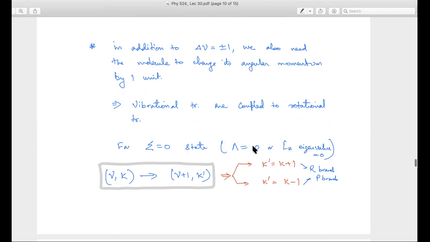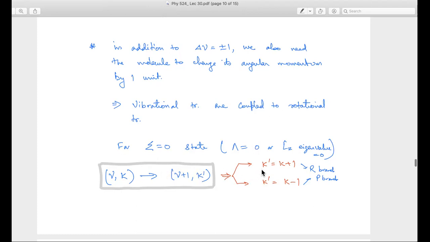And I do a transition from nu k to nu plus 1 k prime, basically. Then, of course, nu and nu plus 1 have to be connected by plus minus 1. So this is fixed, basically. So I cannot do anything. And I have already chosen that I am doing an absorption transition, so I will go from nu to nu plus 1. I have specifically chosen that. Okay. So then I have two choices of connecting from k to k prime, right?